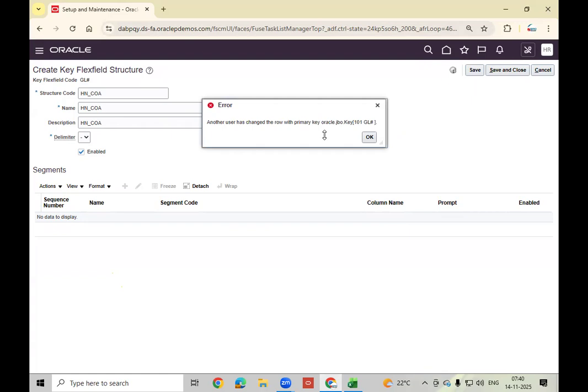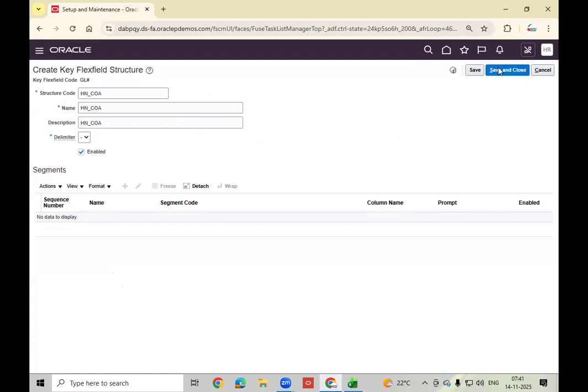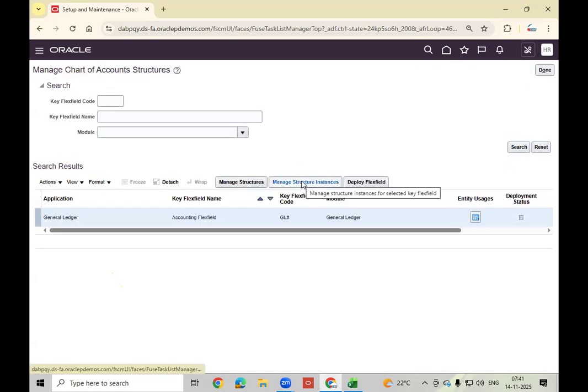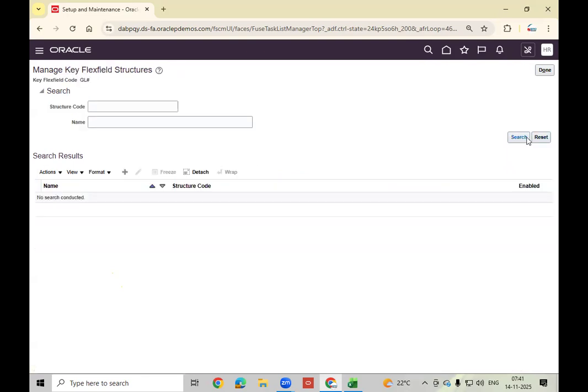Another user changed the row. Okay, let's search. Is it saved or not? It's saved, right? Okay. Finally, it got saved. Next, what? We have it, it is not completed, right? It's just the name created. Okay.